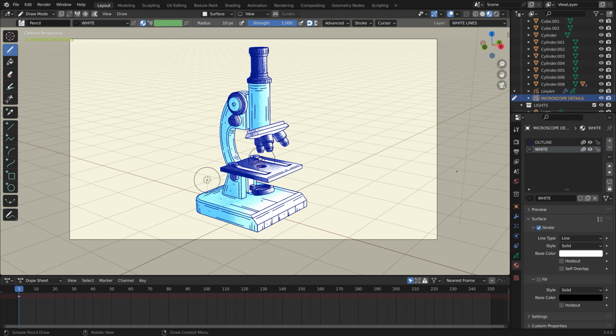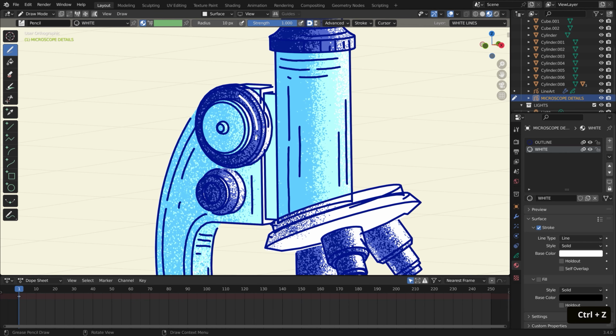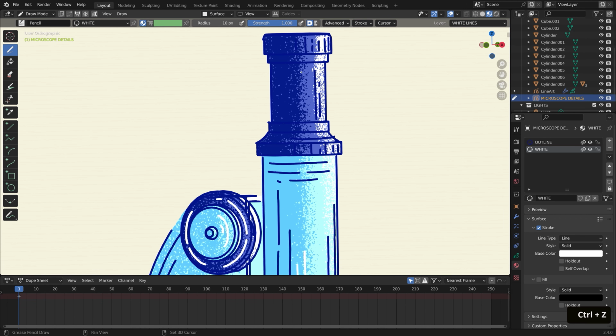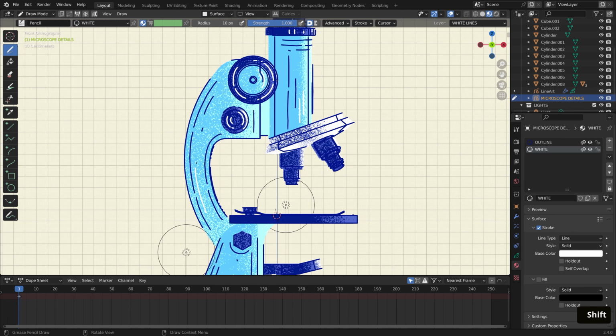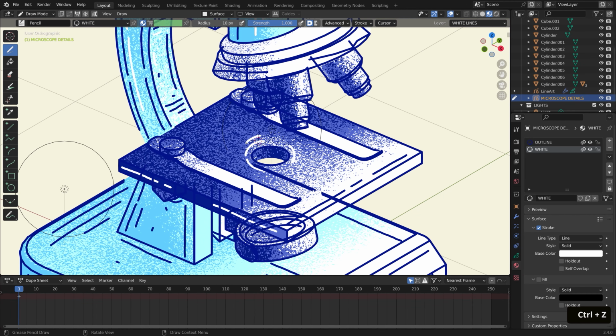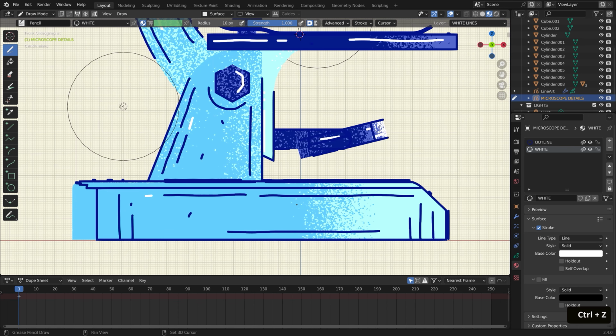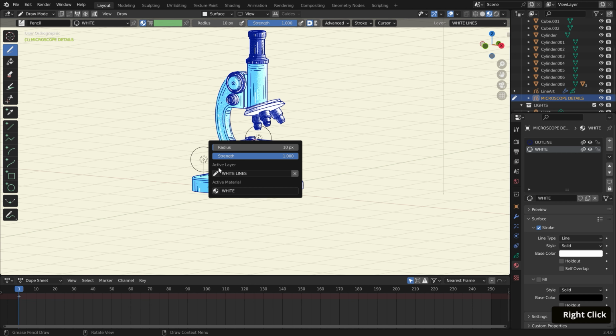Similar to what we did previously, I'll add the white lines to certain meshes. So I'll start with the dials, then the tube, and then the eyepiece, then on the arm here, the stage and around the hole, then some on the base supports, hexagonal bolt, and then the light source. And lastly, the base. As a finishing touch, I'll right-click to switch back to the dark lines layer, and we'll